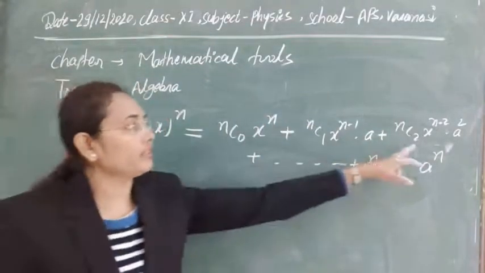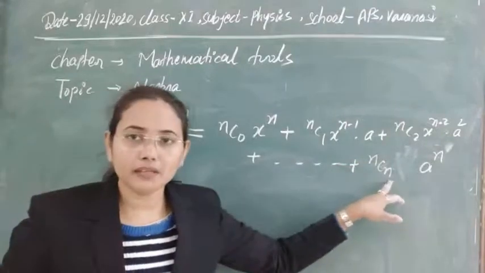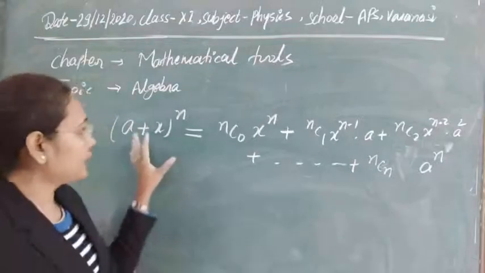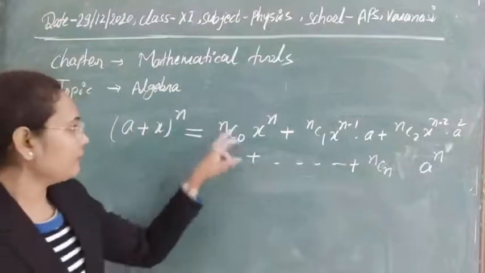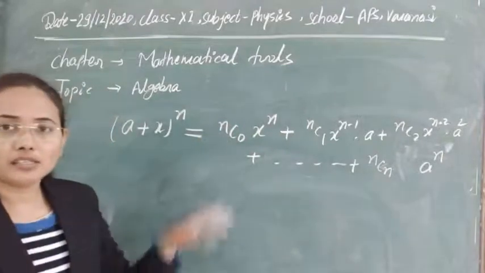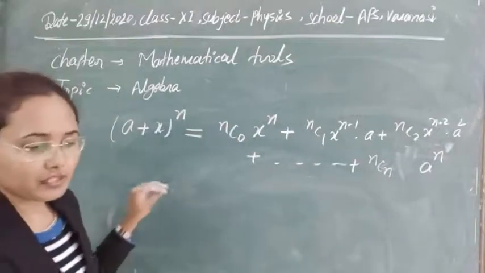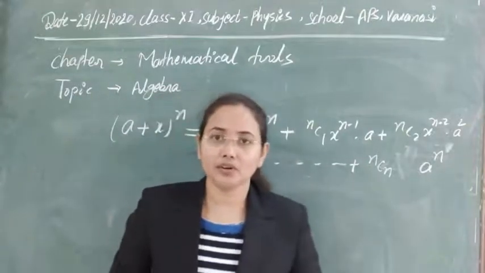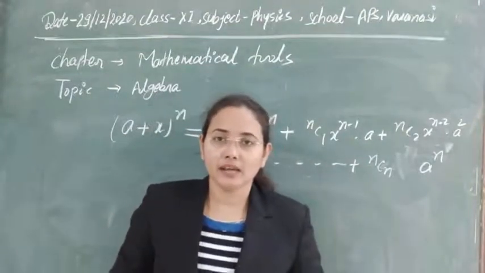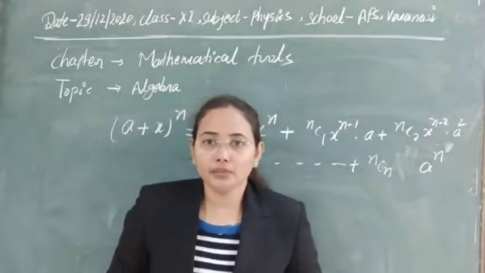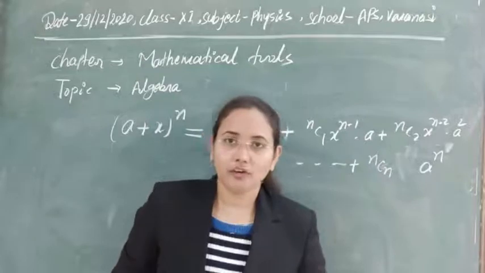So with this equation we can expand this power series easily and get the value of the expansion. And here one thing that is confusing is, what is this? This is the combinations. Mathematics students have already understood permutations and combinations. Here, how can you compute the combinations? There is a formula for this.